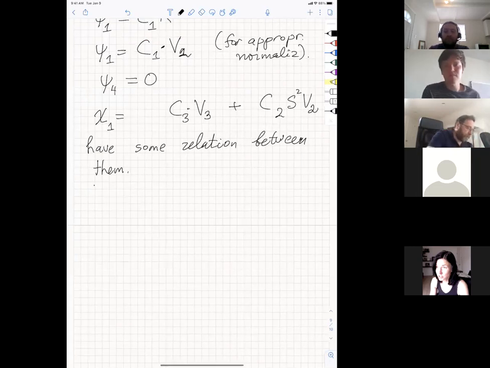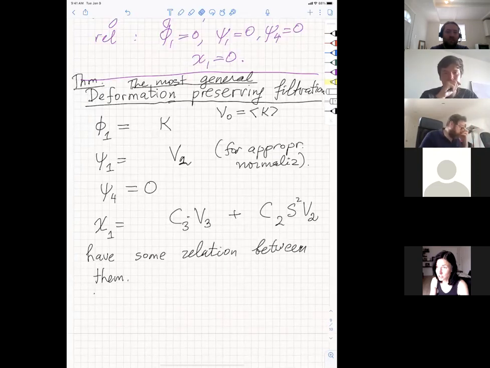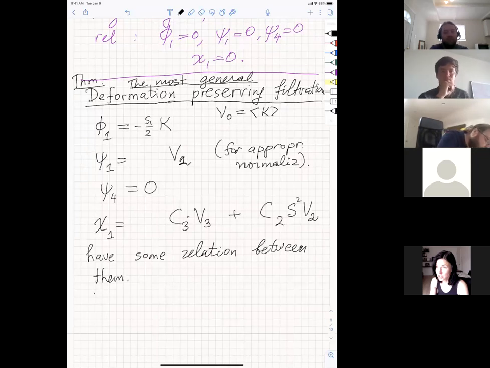Okay, so let me write down the formulas that we have in the paper. We use some particular normalization, and in this case we have parameters S1, S2, and so this is minus S1 over 2. This is 15 S1, and this is 7 S2, and this is